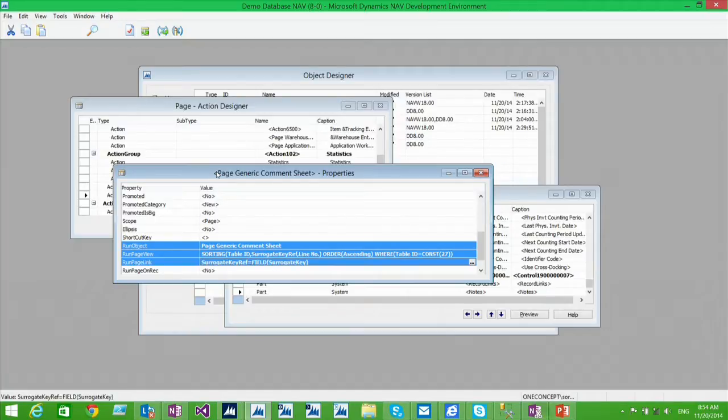If I would create a new master item, rental item, I don't need to do anything except add this one page or this one line of code to the pages that I wanted it on, and I have comments. I don't need to redevelop comments. I don't need to create a new comment table. I don't need to create new comment pages. I have comments, and they work everywhere.